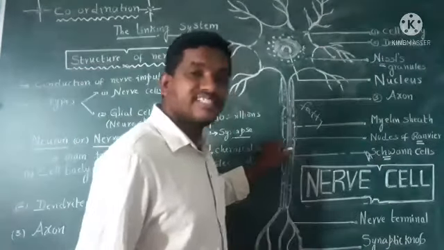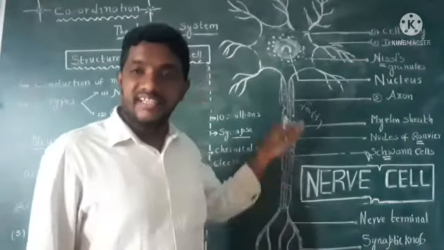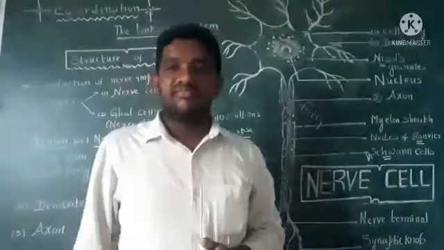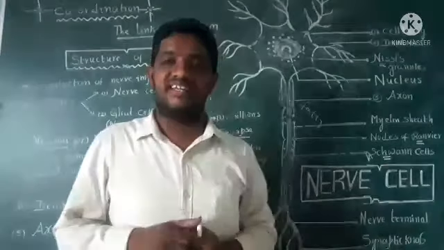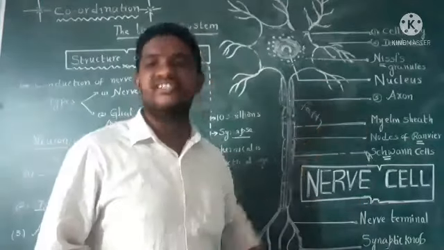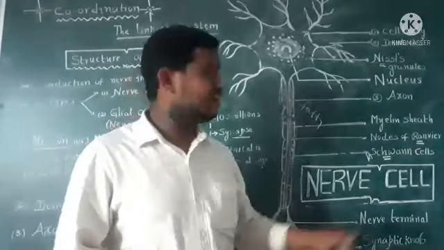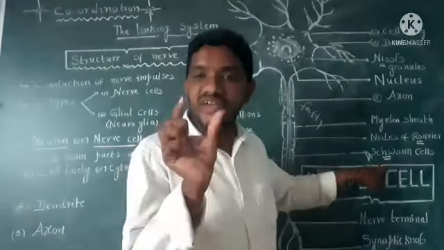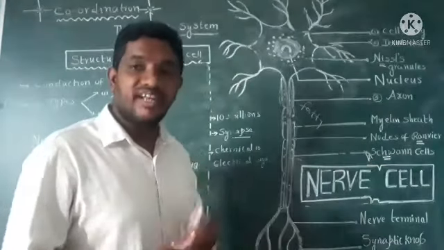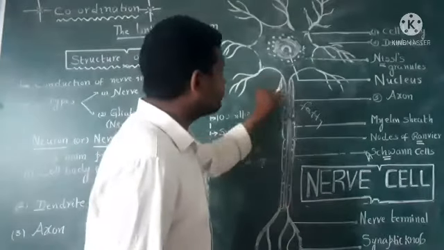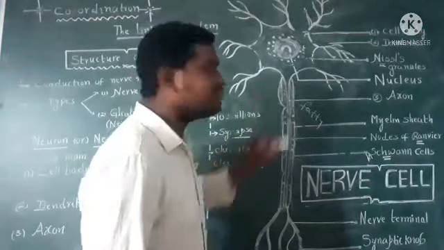Some cells are present along this axon. These cells produce the fatty material, that is the myelin sheath. Here the second scientist's name is Schwann. Keep in mind. Next, when this fatty material is forming,